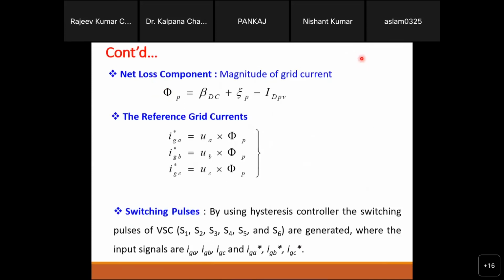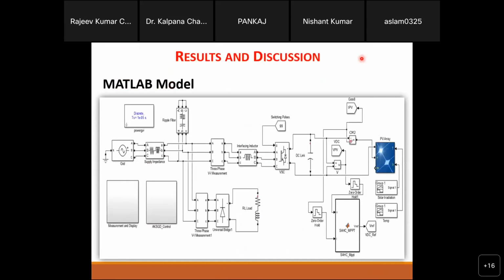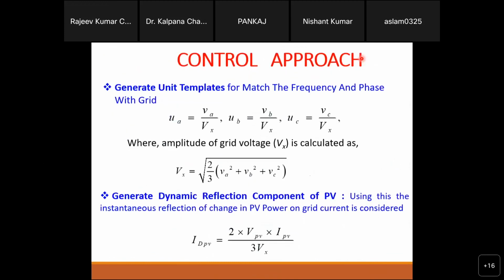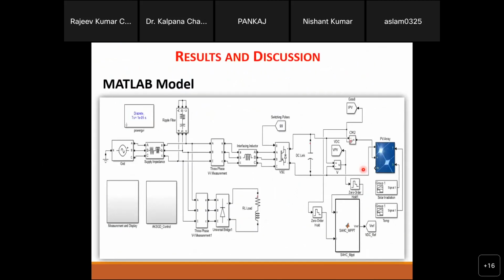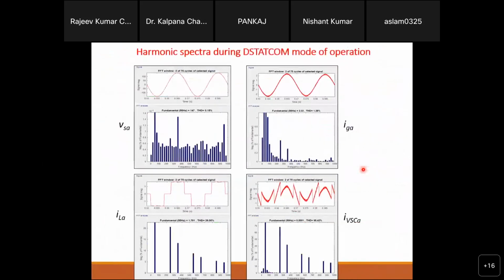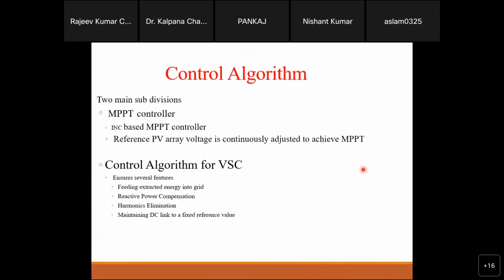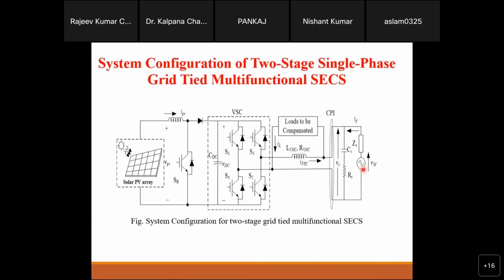So this way, only this portion will be separate from here, nothing else. But again, the two stage has one merit: you can use a smaller PV panel also. Suppose your PV panel voltage is 100, so you can use one boost converter, lift your voltage, match your DC link voltage requirement, and then connect with the grid accordingly. So this type of thing you will see. A similar type of control we can apply for the single phase also. This is for the three phase, right? But the same thing we can see for the single phase system also.